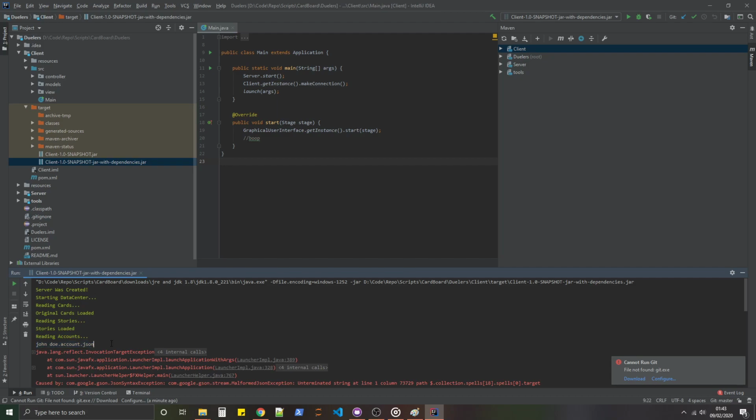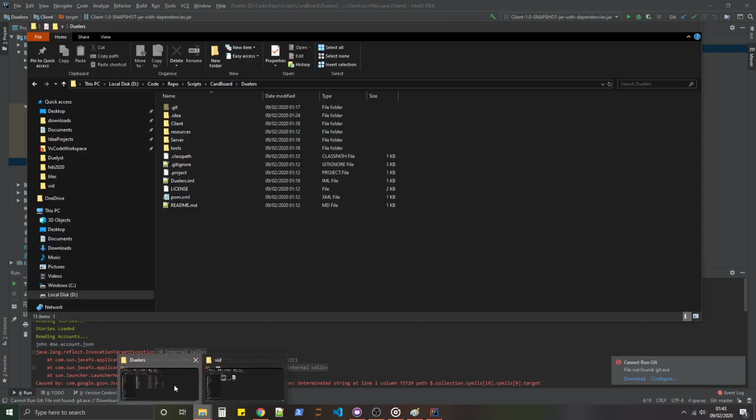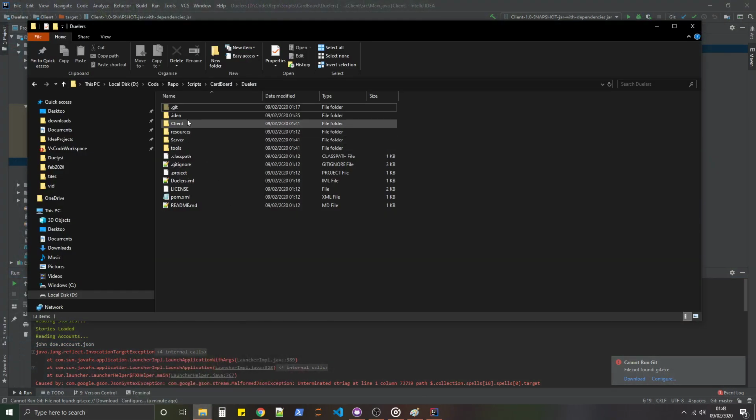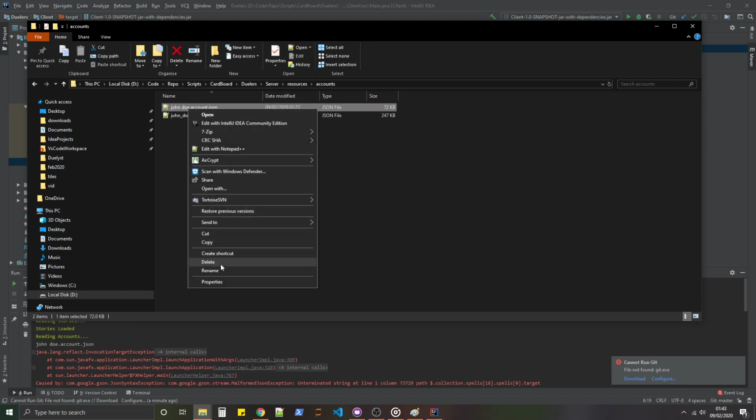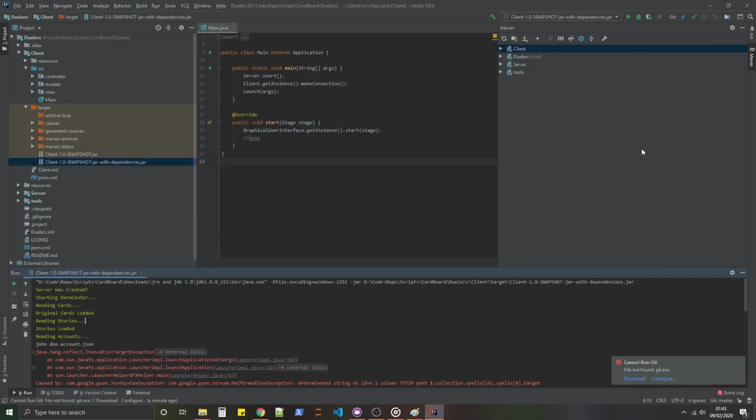So we know what the problem is. Well, we don't know what the problem is. We know where the problem area is. So let's see if I can figure out what's going on. So again, I kind of know where to go just because I've been working with this code a little bit. So if we go to accounts, you can see here that we've got 2 John Doe accounts, and I just happen to think that this is incorrect. This is a bit of a bug. So if I delete that,